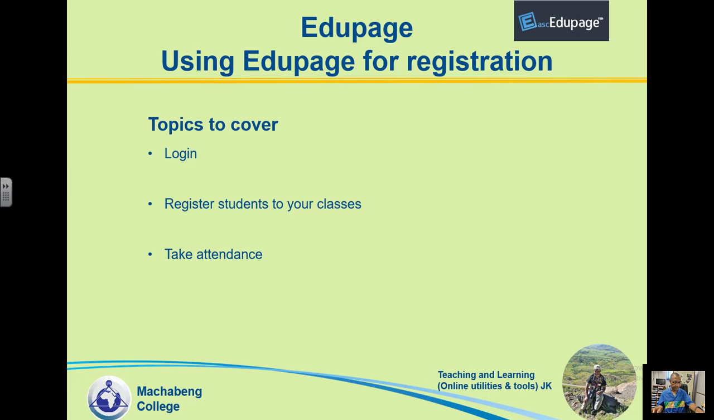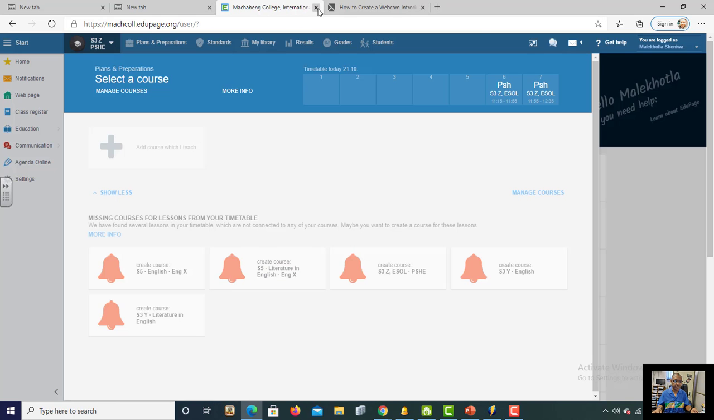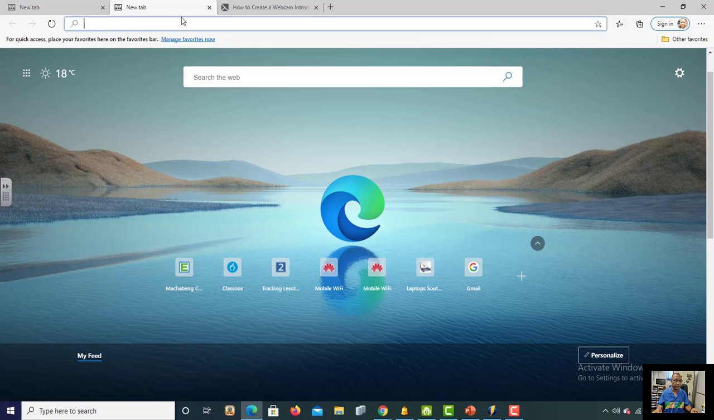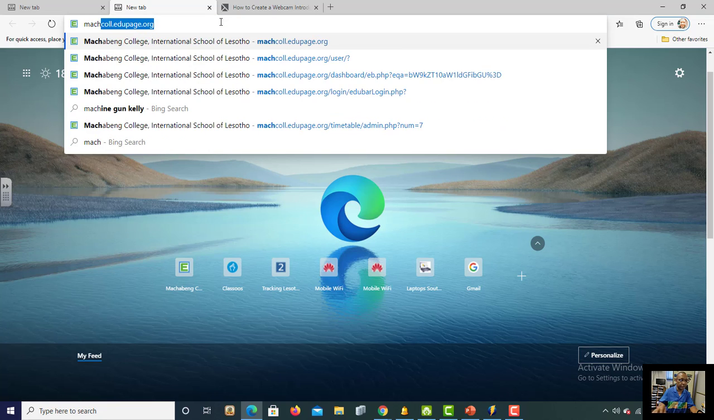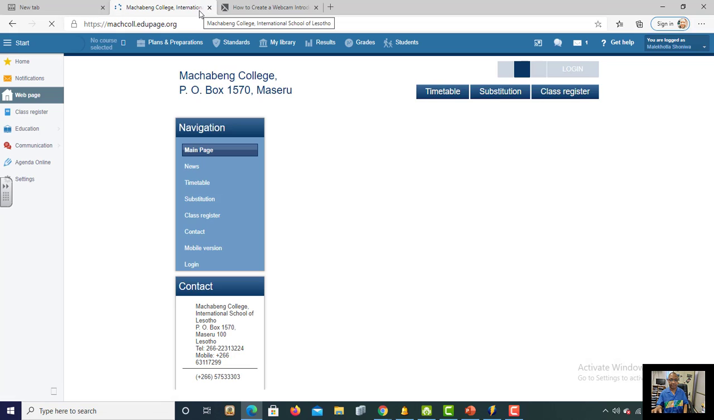For me to do this, I'll be using the software, which is Edupage, and I need us to log in together with you. So what you type is matchcall.edupage.org. You get in there. Then when that page opens,